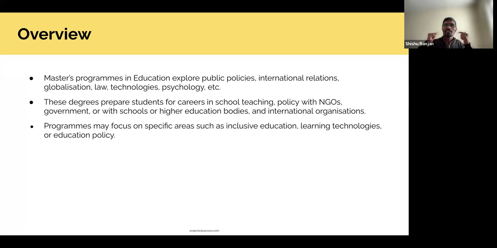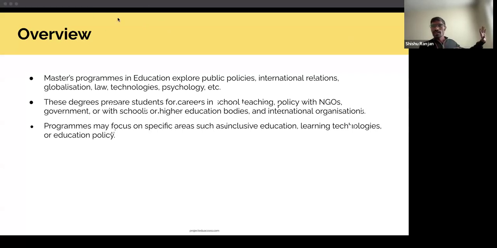So we can see education through multiple perspectives. That's why there are specific courses in these universities, in the UK, US, Canada, wherever you go. In India, courses specific to particular fields are emerging slowly now. Indian institutions are somehow trying to copy. I won't say copy, but they are learning from the global north, and they are bringing these kinds of courses.